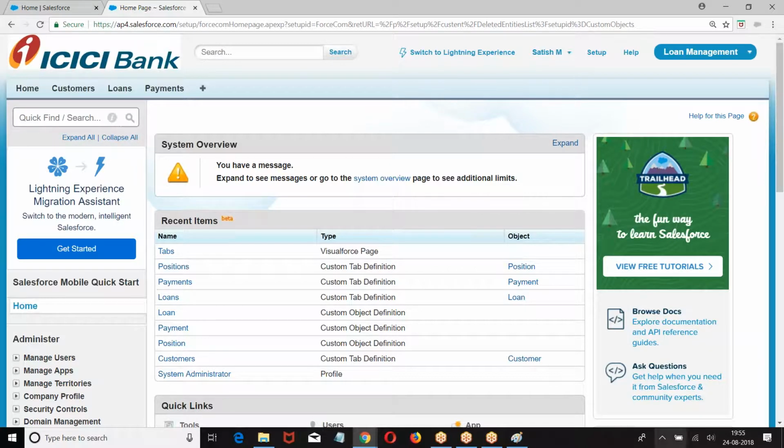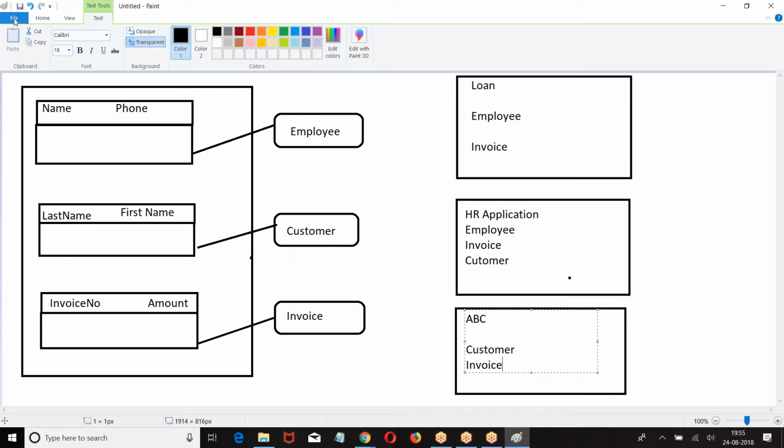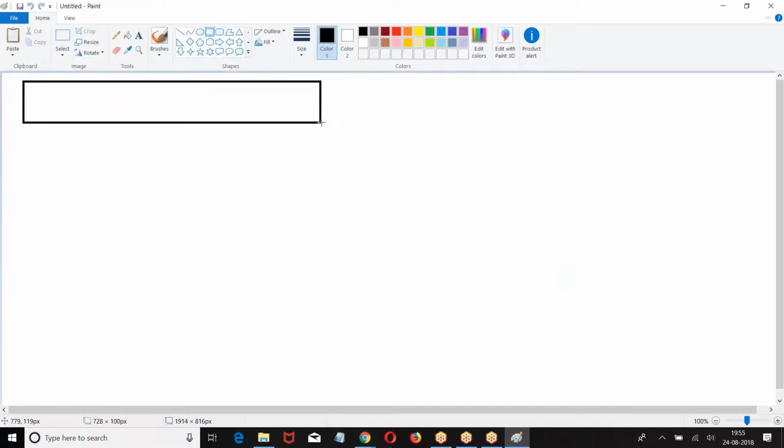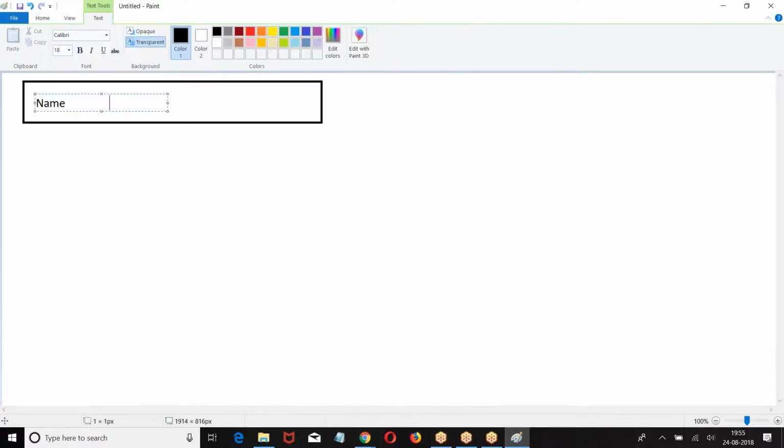Now in the table we create columns. I have created an employee table. You are calling name, phone.